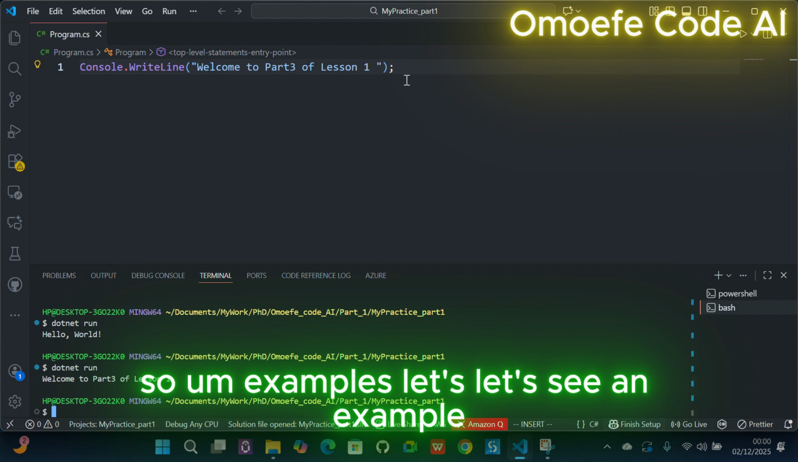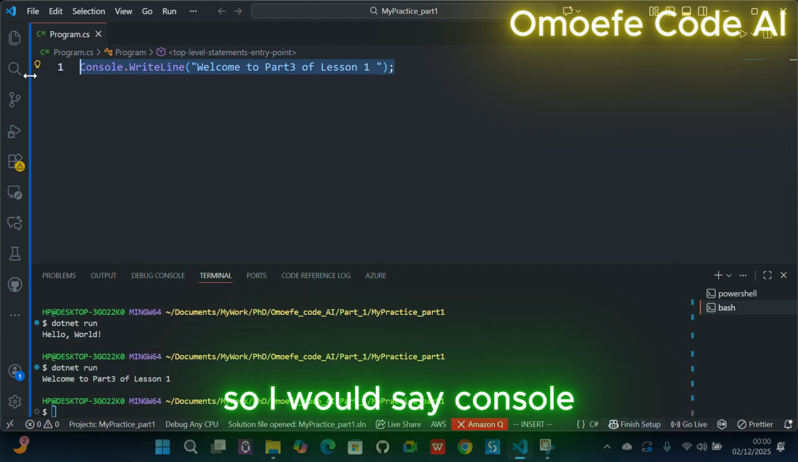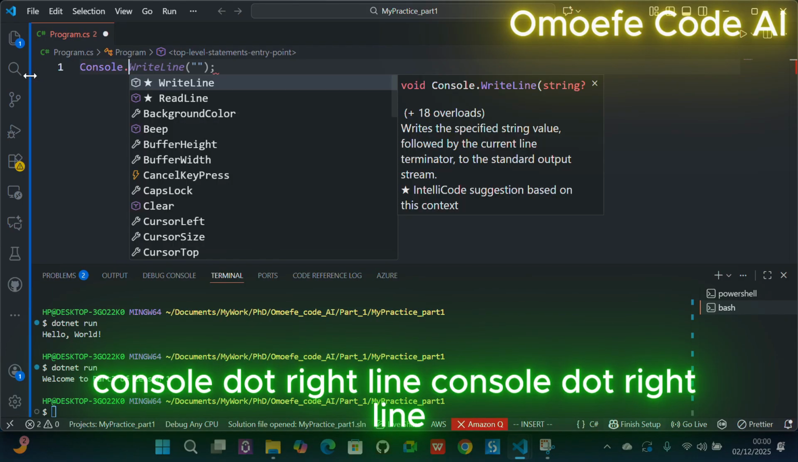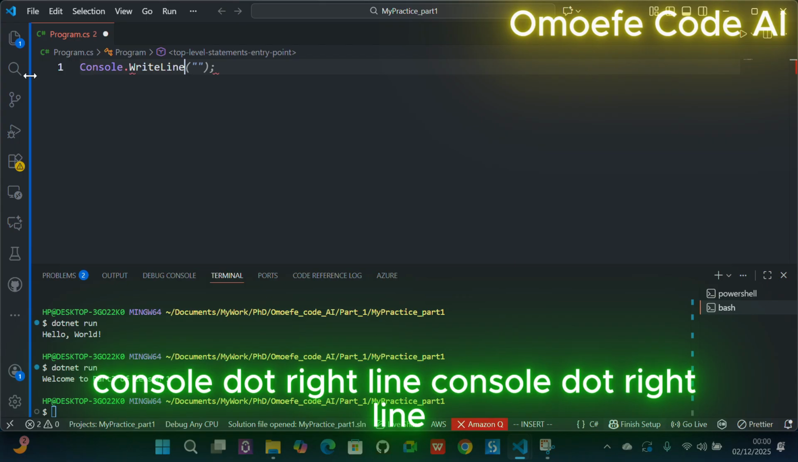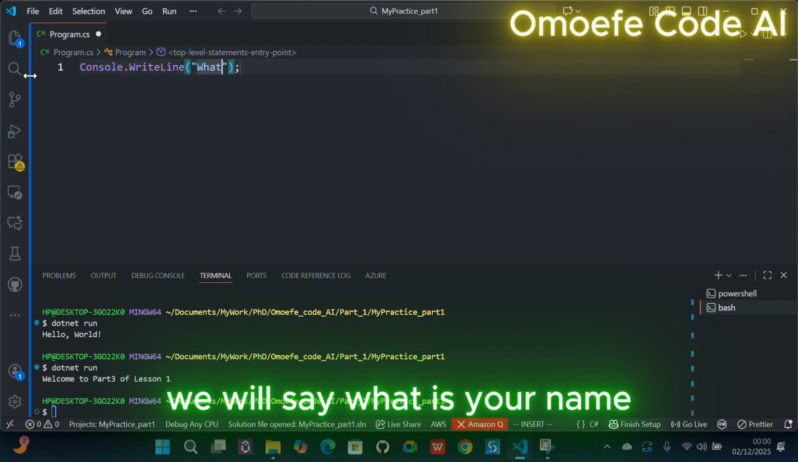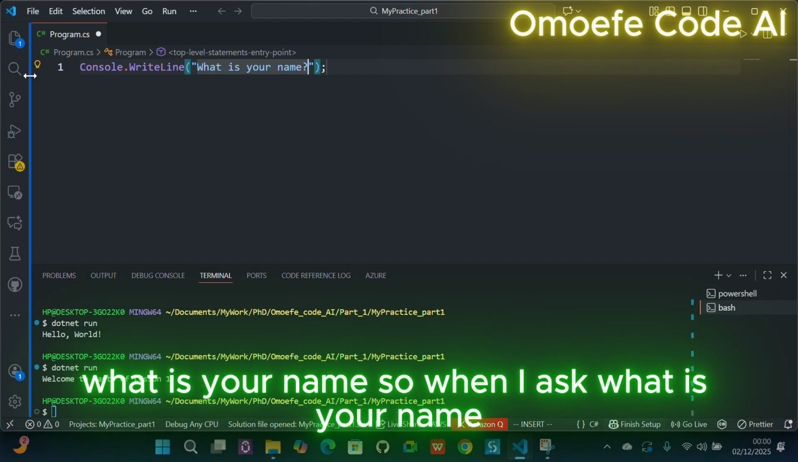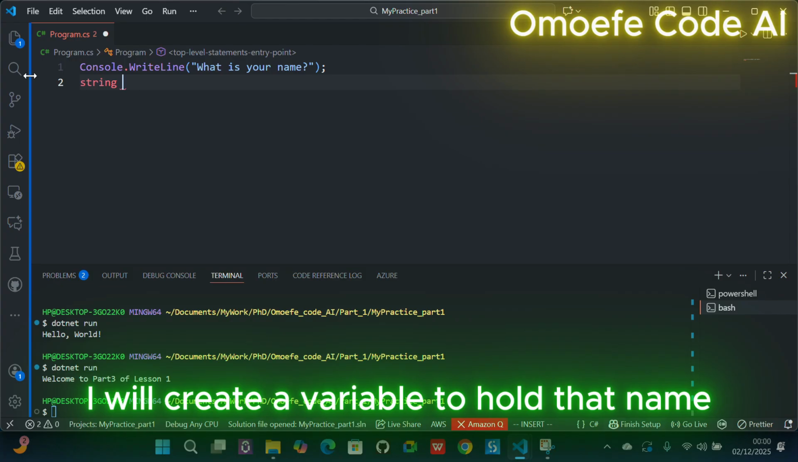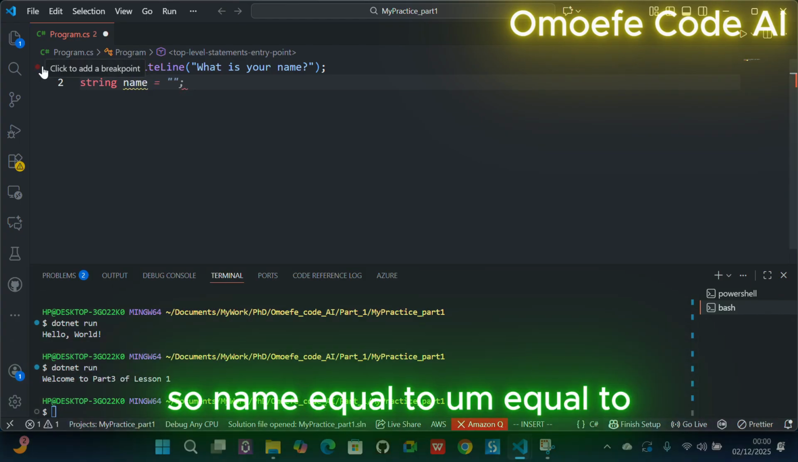Let's see an example. So I will say Console.WriteLine, what is your name? When I ask what is your name, I want to collect input. So what I will do here is create a variable to hold that name. Say name equal to